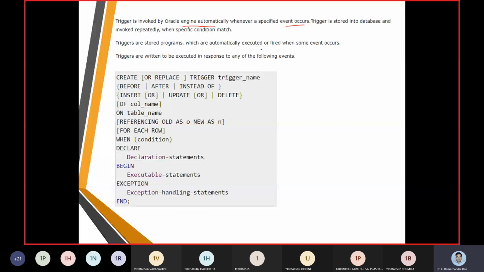So we must ensure that any new professor who is going to be inserted has a salary of 60,000. So when a new row is inserted, it must check that the salary should be greater than 60,000. So that was the condition we are going to look at.